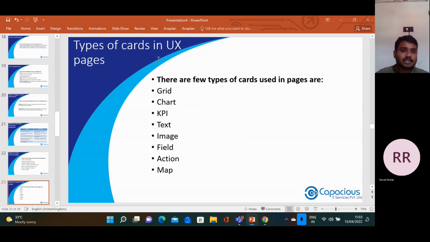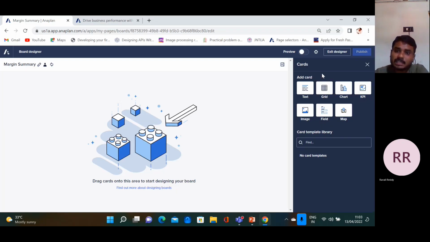Types of cards in UX. There are a few types of cards in UX. Coming to the workspace, these are the text card, grid card, chart card, KPI card, image card, field card, and map card. I would like to explain each and every one. First, for the map card, I would like to